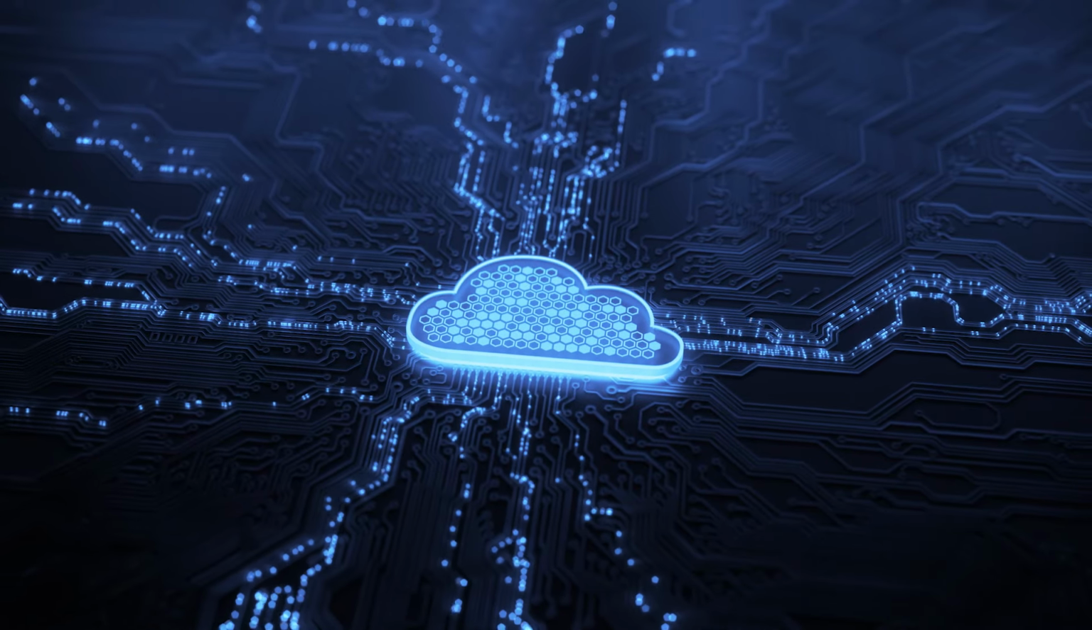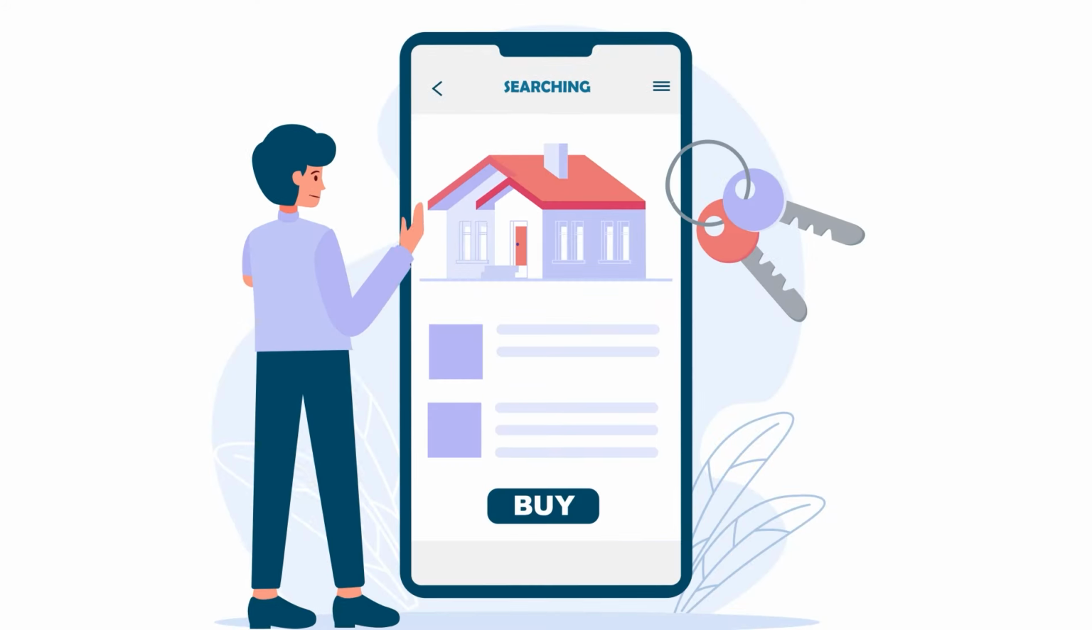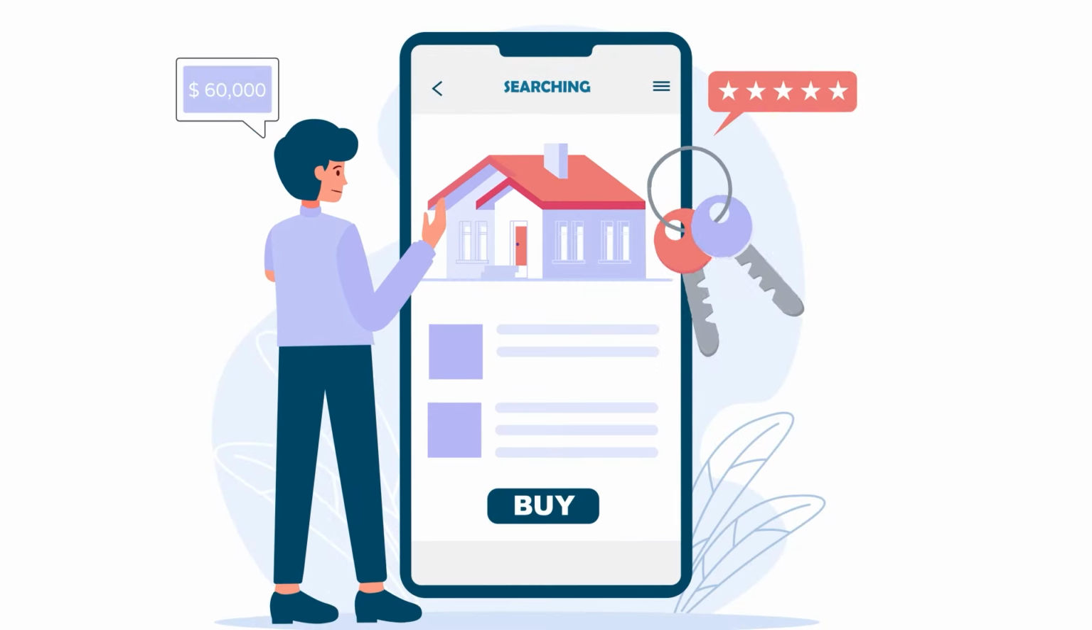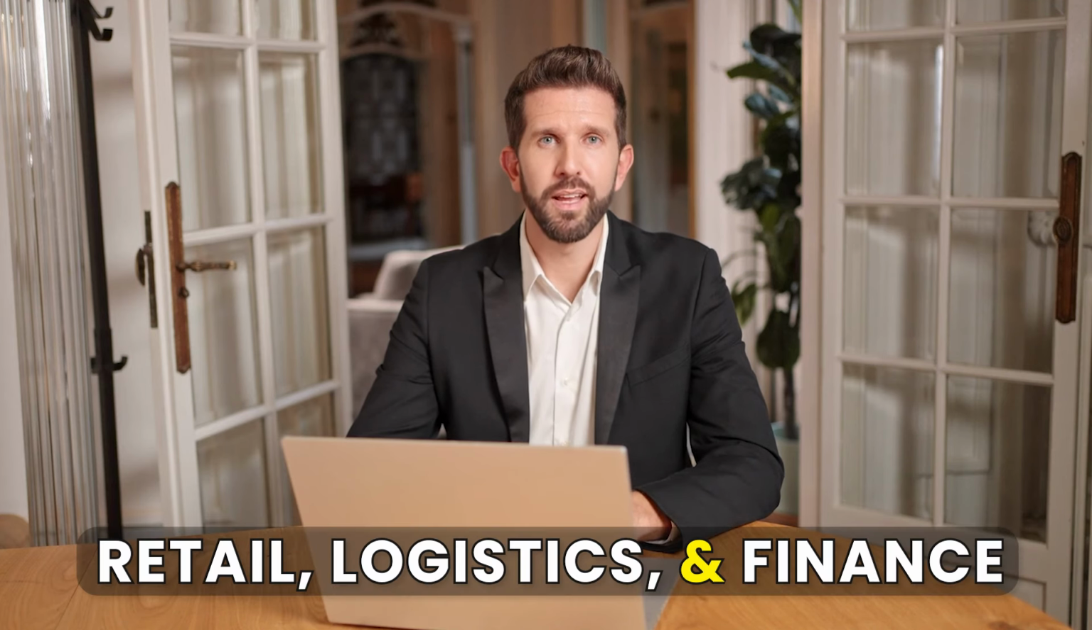Another standout feature of Gen App Builder is its ability to integrate real-time data sources into your app. Imagine creating an app for real estate agents that pulls live property listings from a database. With Gen App Builder, you can connect your app to external data sources, ensuring that users always have access to the latest information. This capability is invaluable for apps in industries like retail, logistics, and finance, where up-to-date data is